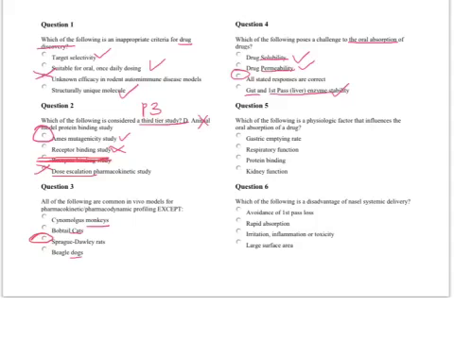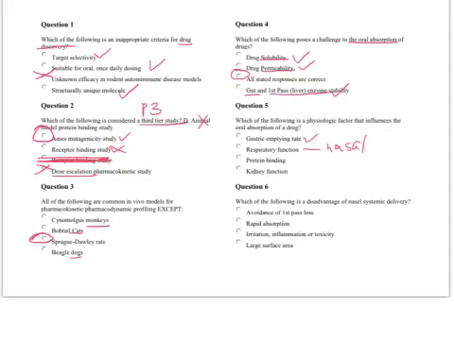Which of the following is a physiological factor that influences the oral absorption of a drug? So once again, drugs going through the mouth and through the stomach, right? So gastric emptying rate definitely is a must. Respiratory function is only if it's nasal, only if it's a nasal